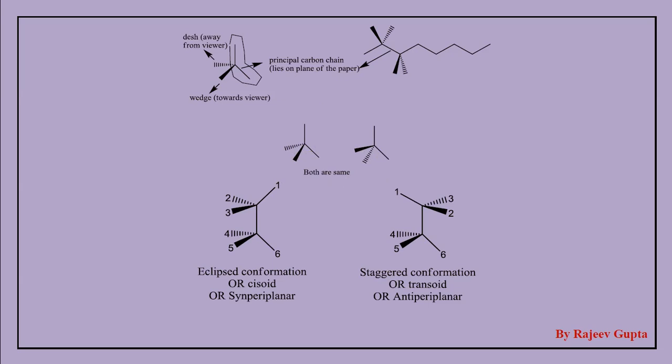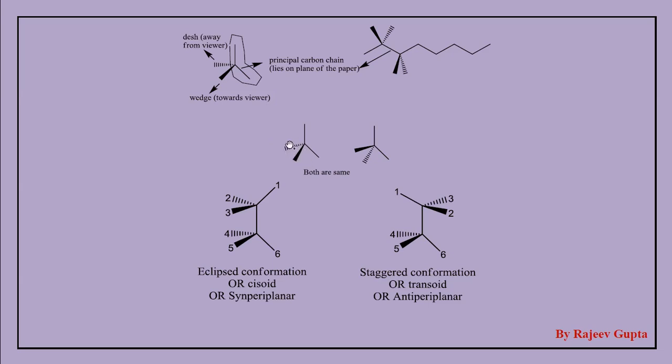Sometimes students make a mistake when they primarily learn these topics, about how we put this wedge portion up or down. Imagine this is a tetrahedral structure. If we see the wedge portion, then we can't see the dash, because this dash portion is just below the wedge portion. So if we draw this image more properly, then we can't see this dash portion.